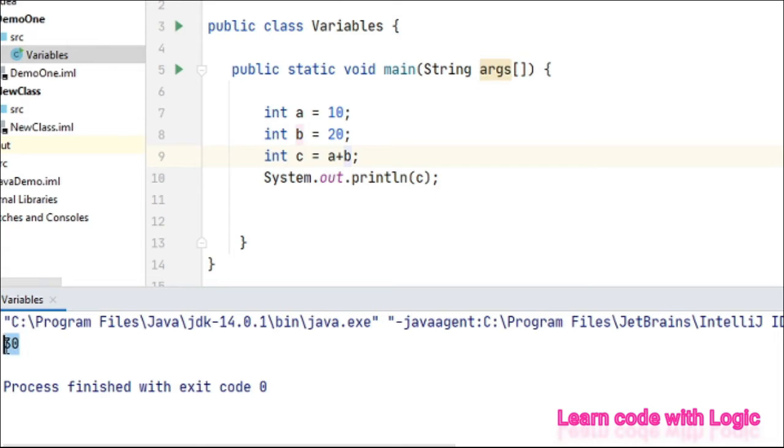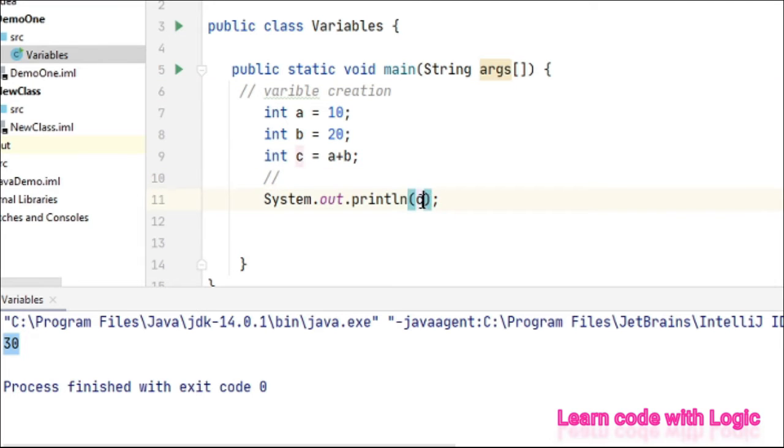Now you can see 30 is printing here. It means it does the calculation and printing. This one we will call variable creation. Can anyone guess what this c is? Because this is the variable creation, this one is calling a variable.